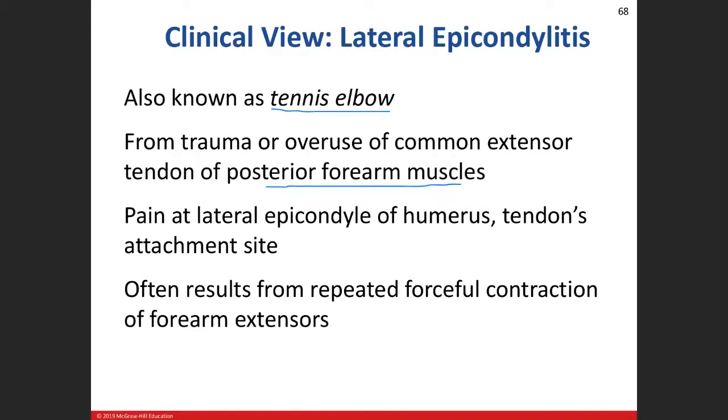And just like any type of itis, it is an irritation. Tennis elbow is a fancy way of saying that the common tendon for the forearm extensor muscles has constantly been irritated,